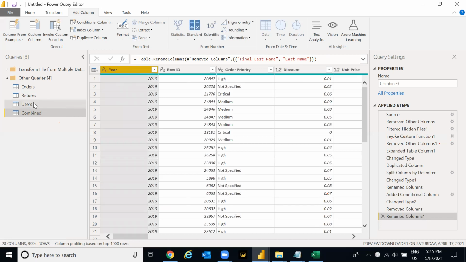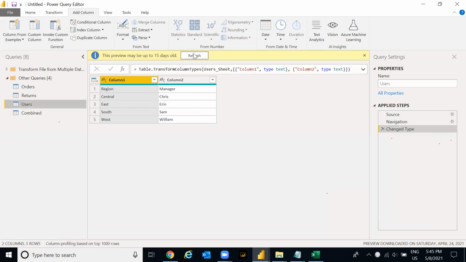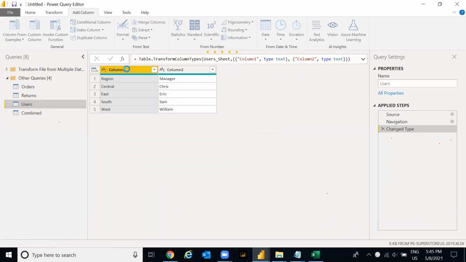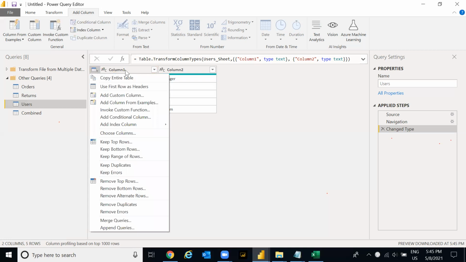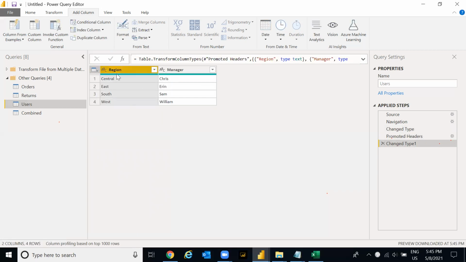Okay, let's come to this users table. Generally, whenever we load any data, we always have the header information properly. If you look into the data, you can easily understand that region and manager should be in the header section and not over here. So we need to move this region and manager to the top section. We can click on this corner and use first row as headers. If I do that, you see region and manager has moved to the first line,